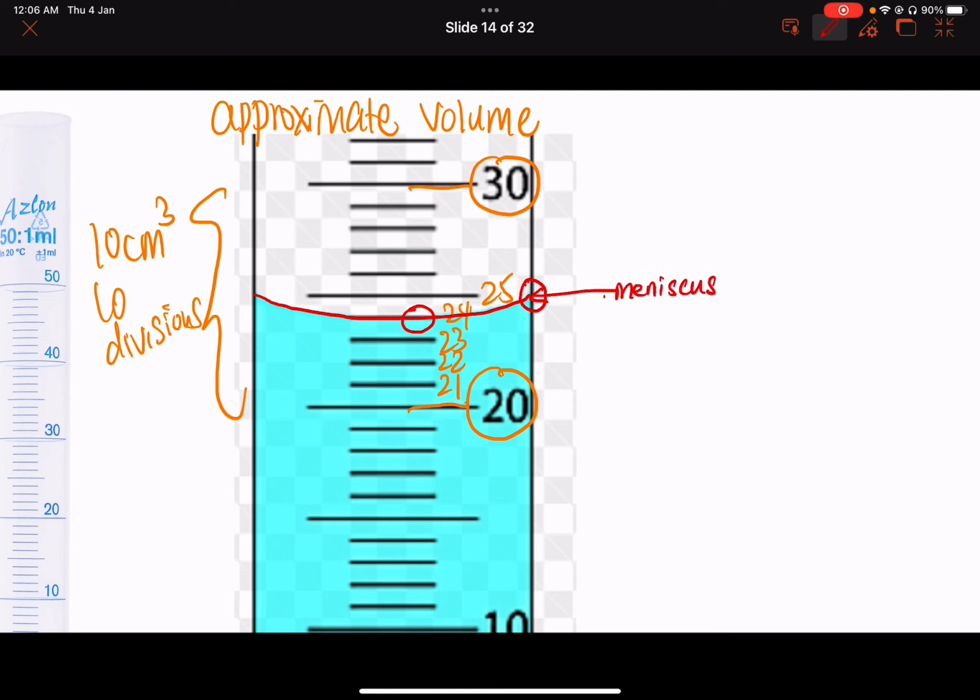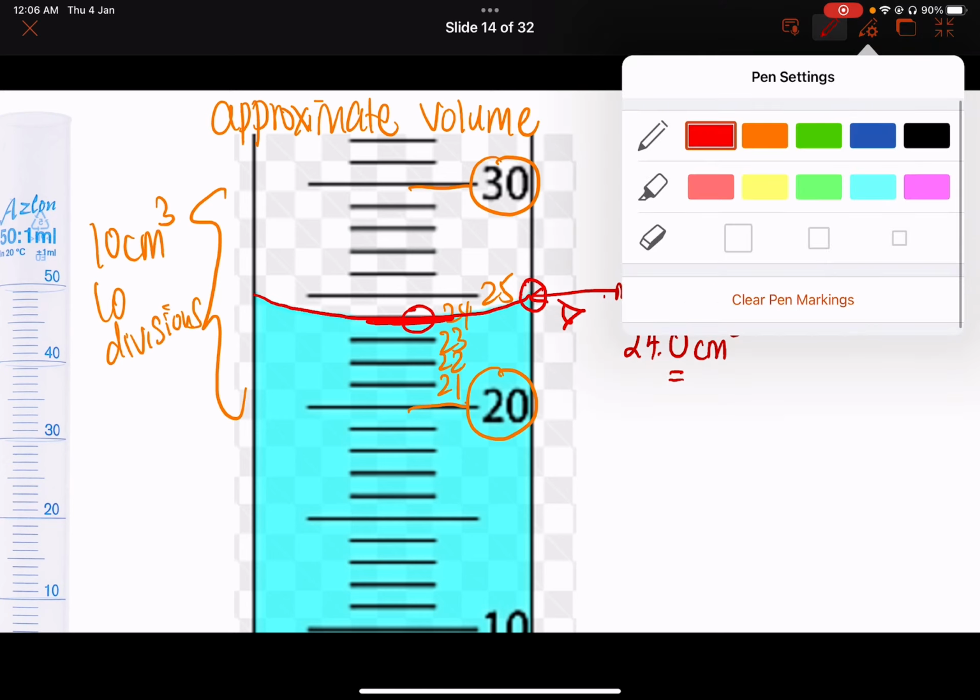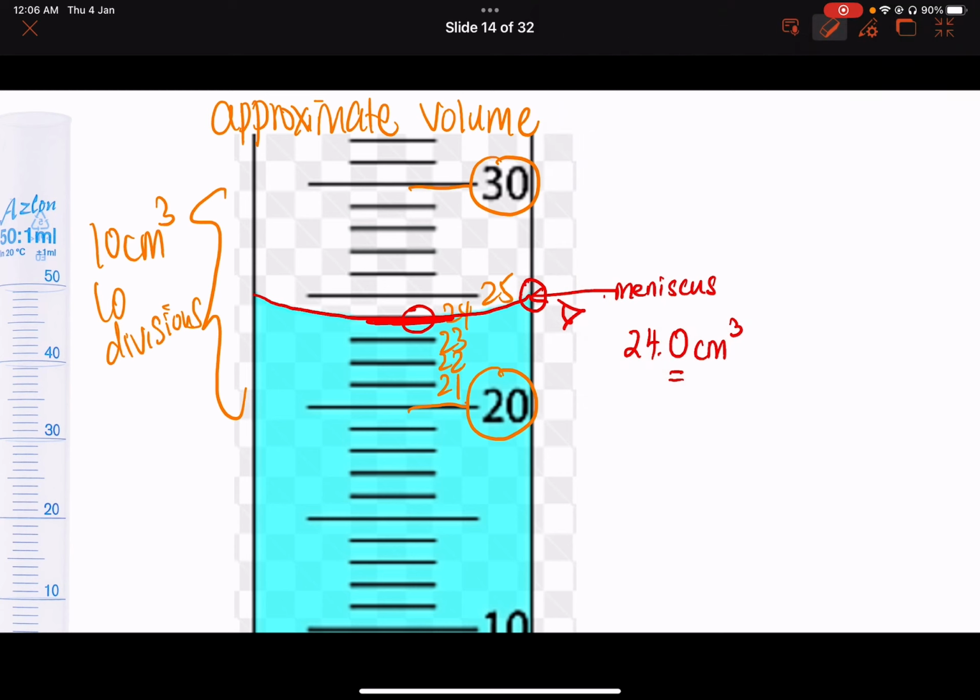So when you take reading, you should take at eye level from the bottom of the meniscus, over here. From the bottom of the meniscus. So this reading should be read as 24.0 cm cube. The 0.0 needs to be written because if my value is like that,